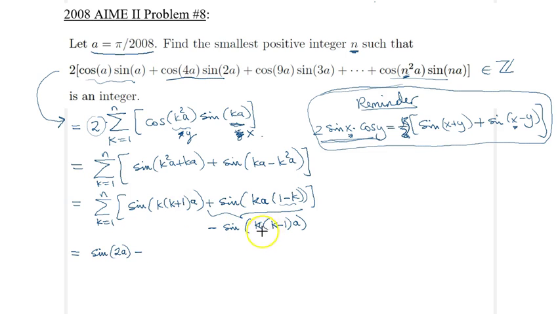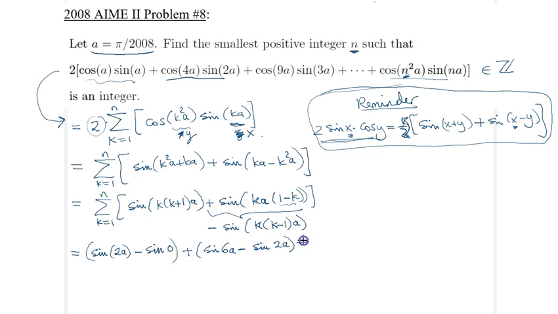Minus sine of, so that would be just a 0 here, sine of 0. So that's the first term, when k is equal to 1. Plus, when k is equal to 2, I will get 2 times 3, which is 6, so sine 6a, minus, and then when I plug in 2 here, I will get 2 times 1, which is 2. So sine